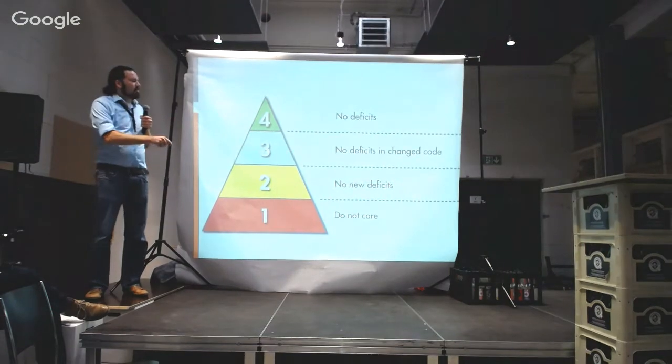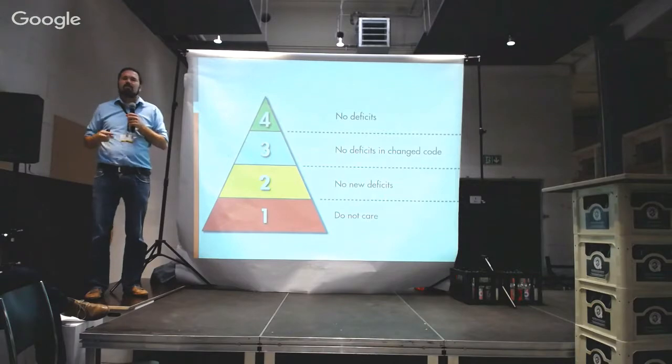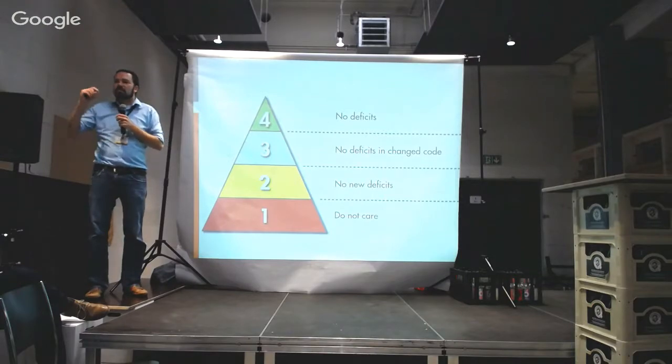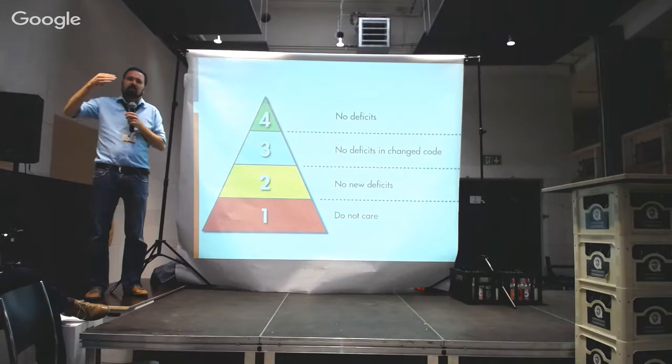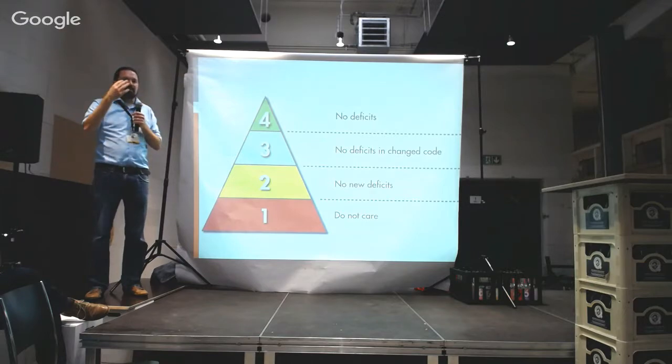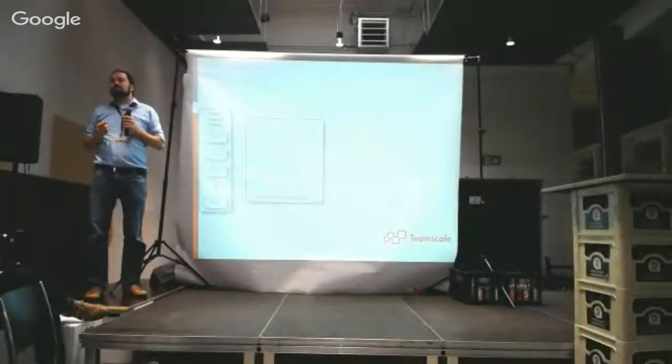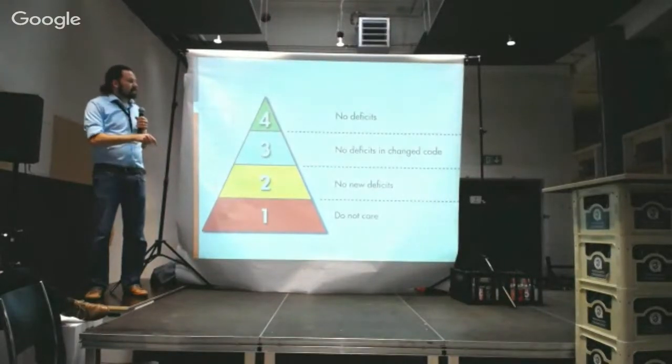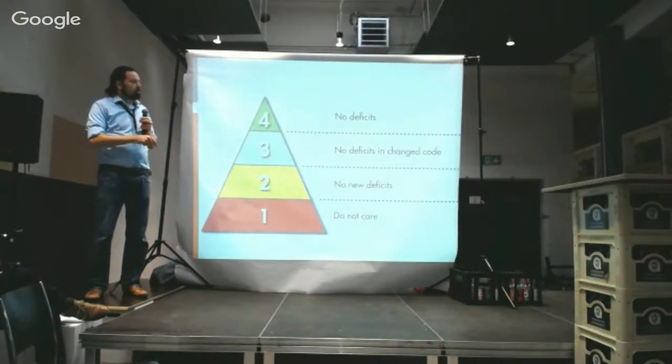So the third quality goal here is no deficits in changed code, which is like the Boy Scout rule. If you touch a code for fixing a bug, at least clean up that scope, like that form or procedure or method. Because you are reaccustomed anyway, and you don't need to specifically make that maintenance change. So the static, but this is not so easy, because if I get the information that there's a new problem or that there